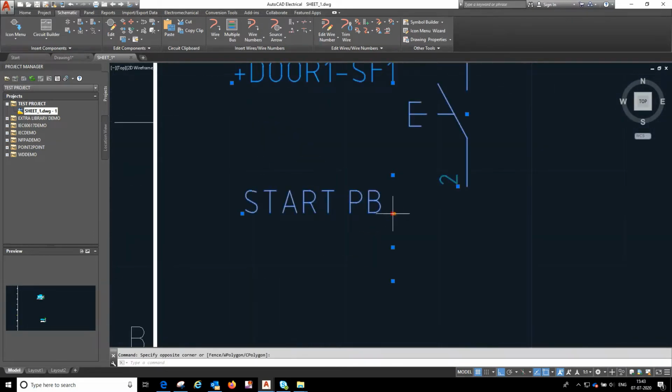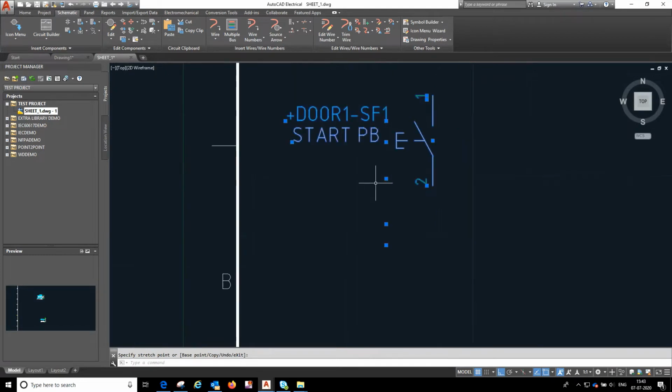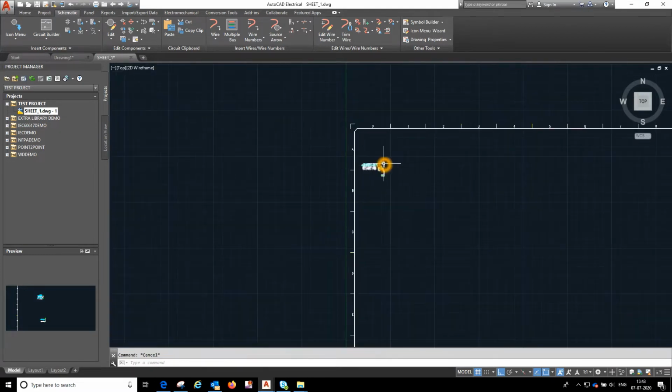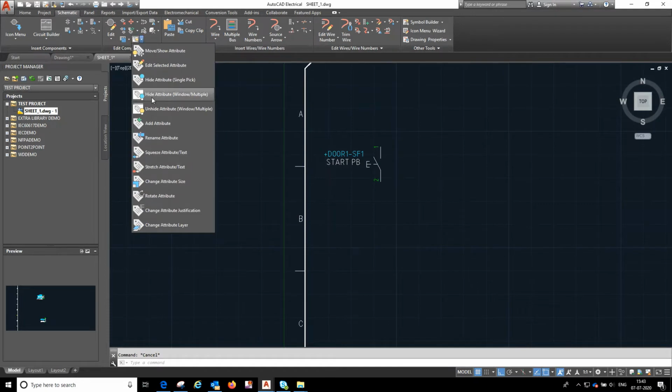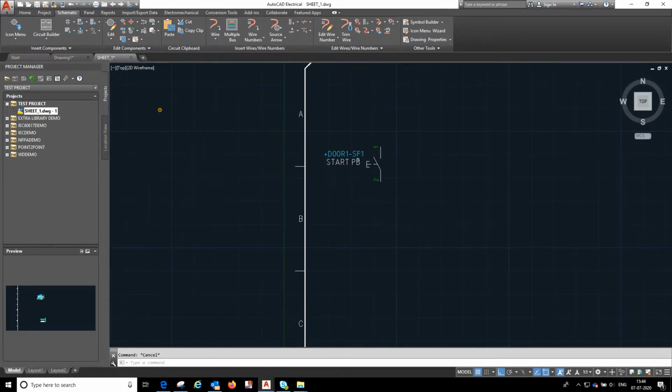You need to arrange the attributes in the proper manner. So here location is not there and catalog is not there. Catalog is nothing but the part number. So here we need to unhide the catalog and the location.